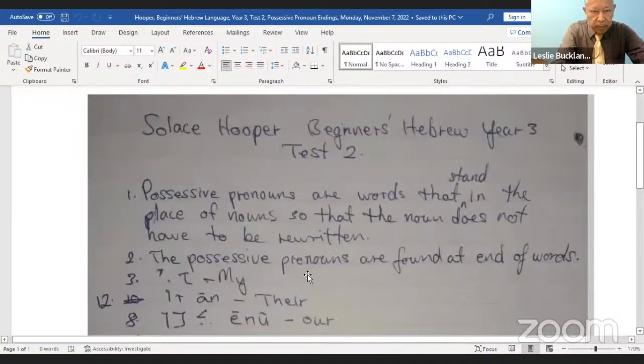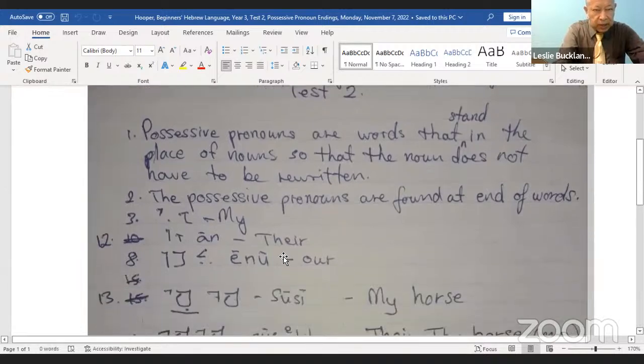Okay, let us look at number 2. Where are the possessive pronouns found? The possessive pronouns are found at the end of words. And she was to identify the first person singular possessive pronoun ending, and it's my. She was to identify the feminine gender ending. She was to identify the first person plural possessive pronoun ending, which is enu,